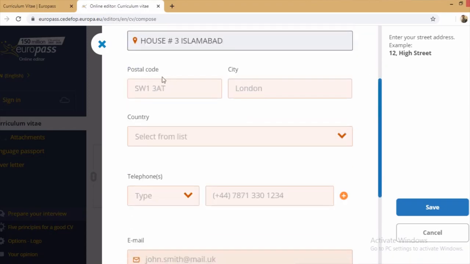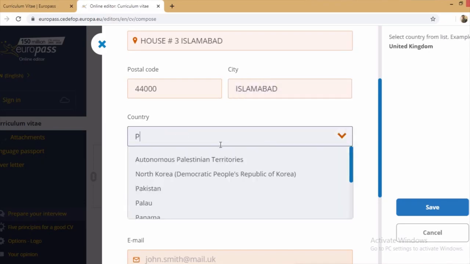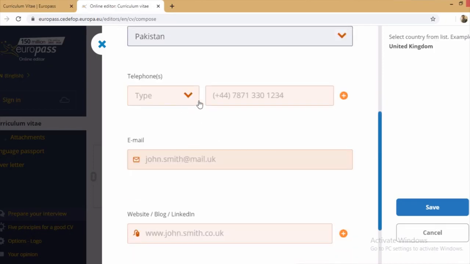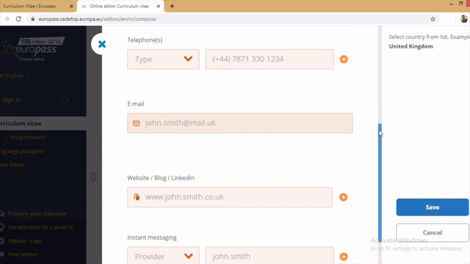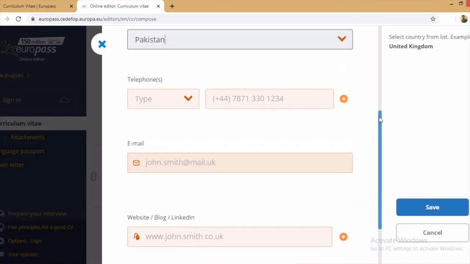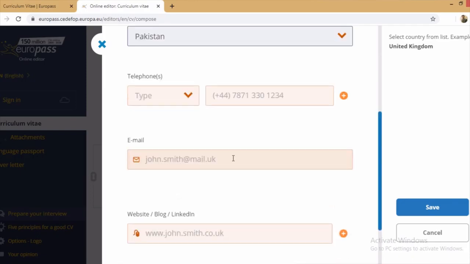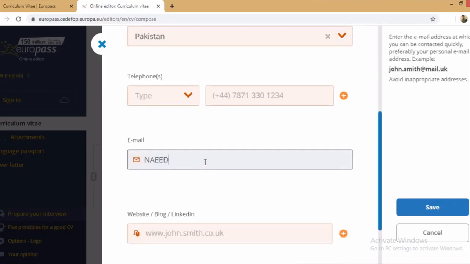Then you have to add your postal code, so I'm adding my postal code. So you have to mention your city name where you live, and you have to mention your country name where you live. So I'm adding my country name. Then you have to add your telephone number, because if you are making a CV for your job interview, then you must add your telephone or email. So I'm adding my email.